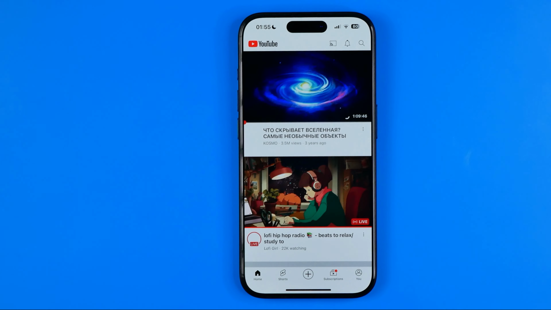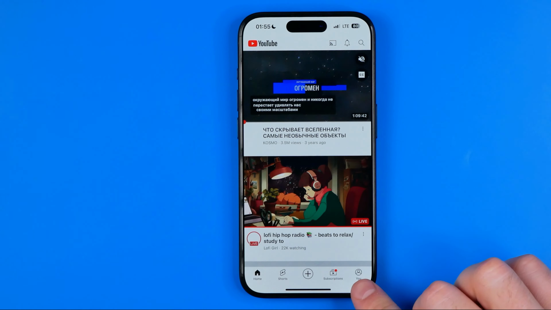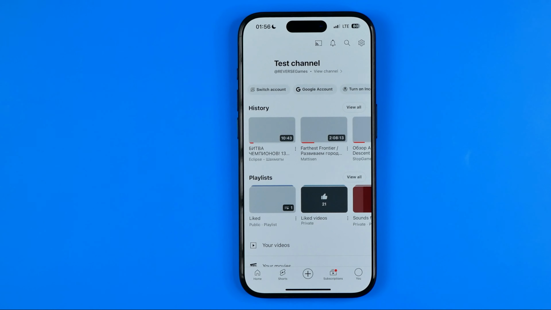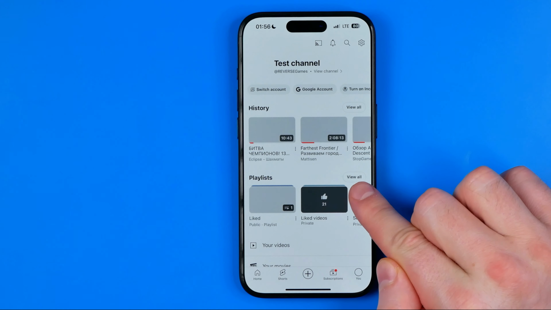After that, make sure you are signed into your YouTube account and then tap right here at the bottom right where it says You. After that, you will be taken to your YouTube channel, and that's where we need to tap at View All